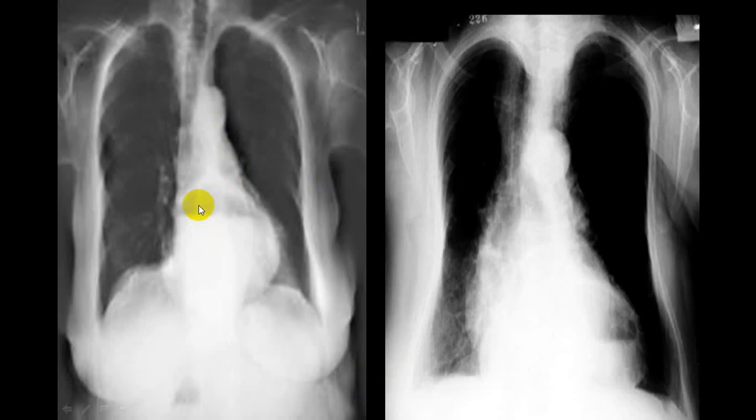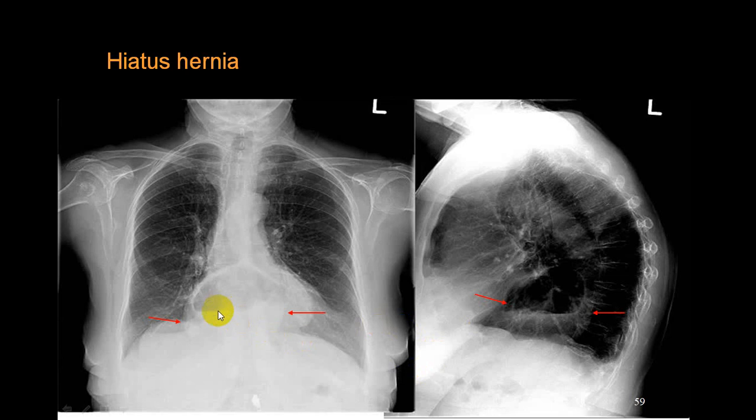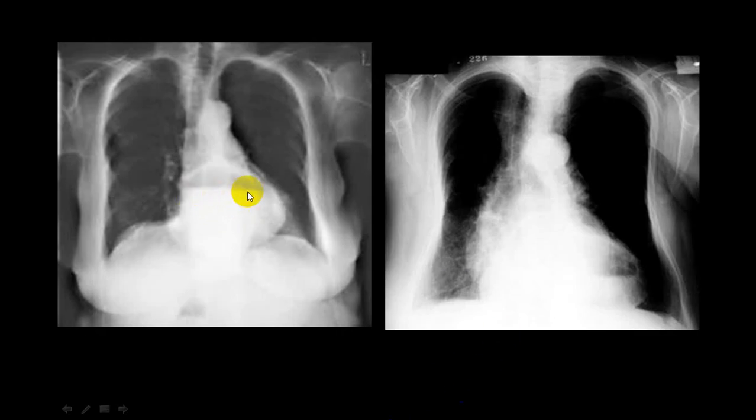Now if you look here in this cardiac silhouette, you can see a horizontal fluid level. Here you can see this horizontal fluid level. Clear? These are two different separate people. This is not of the same. So whenever you see such things in a mediastinal shadow, that is the cardiac silhouette, and close to the diaphragm, always suspect hiatus hernia. It is hiatus hernia. You can clearly see this. Clear? This is away from the heart. So this is because of the hiatus hernia. So try to identify. Again you can see here. Very clear. So this is hiatus hernia.